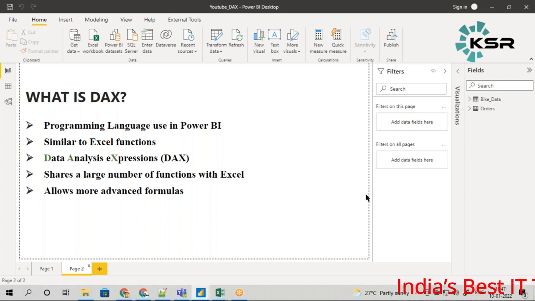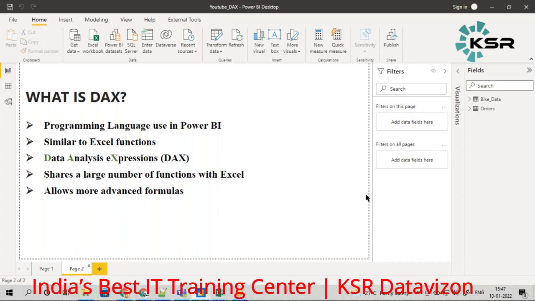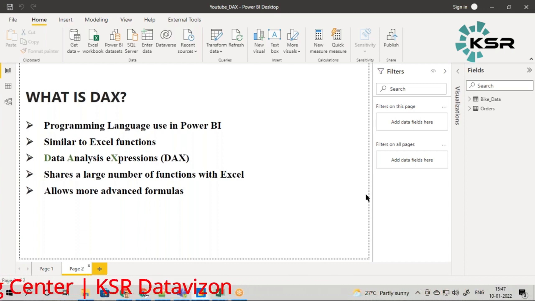You cannot do this always. So I'll be doing it directly in Power BI, and that is what is called DAX. The full form stands for Data Analysis Expressions, where D is coming from data, A is coming from analysis, E is coming from expressions. So it is DAX. And not only does it support Excel functions, it supports even more advanced functions than Excel. You can write any logic in this. That's how powerful Power BI is. Any complex calculation, any complex requirement can be fulfilled by using DAX functions.